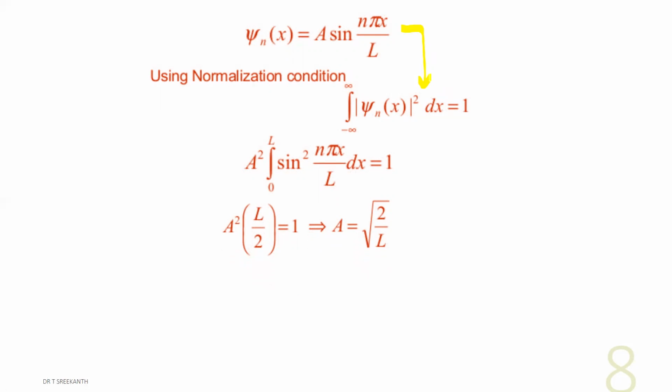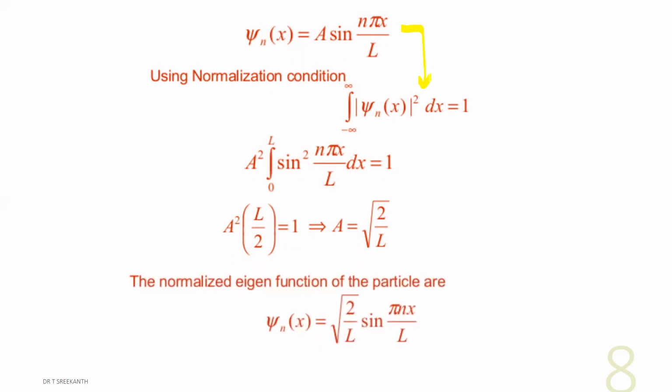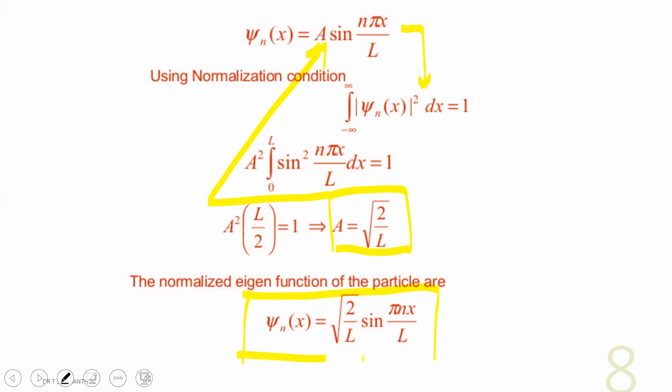So now we are substituting this A value in the above equation. Then it can be written as psi n of x is equal to under root 2 by L sin n pi x by L. So this is the final equation for this one. In that way, we calculated the energy of the particle and the wave function of the particle. Based on these values,